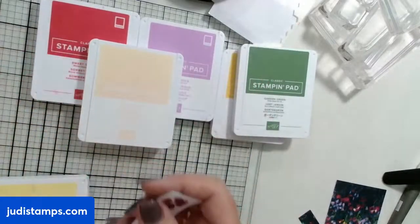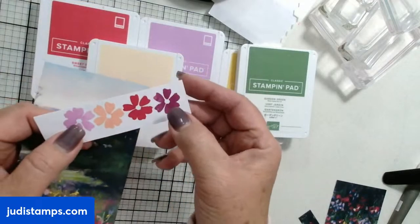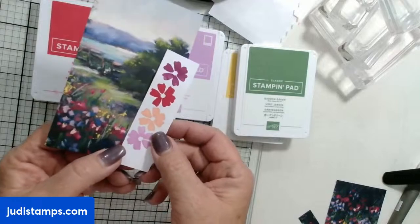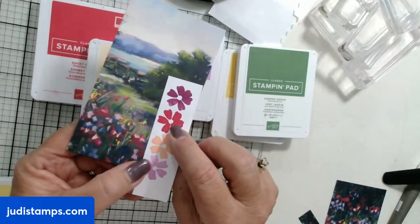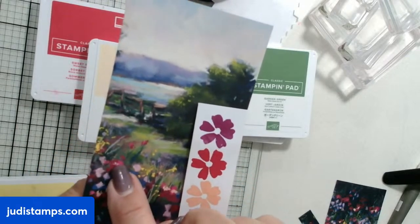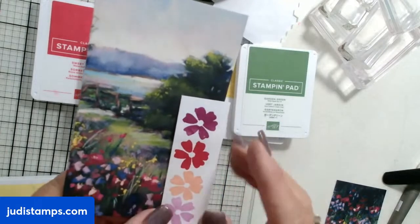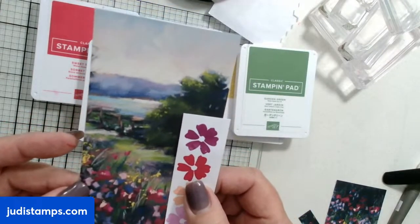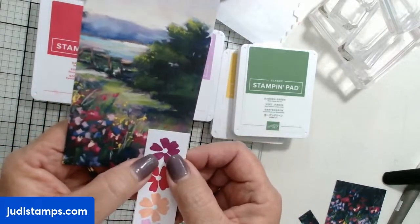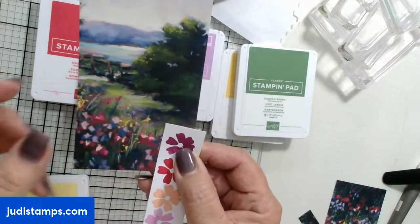Now, how did I come about with these colors? What I did is I took one of my stamps and I stamped those colors on a piece. And I even did Berry Burst, and Berry Burst would coordinate with this too. But do you see how the Sweet Sorbet, it almost looks like the lighter color here that's with the Cherry Cobbler. So it kind of is a mix between. I didn't want the deepness of the Cherry Cobbler. And like I said, even the Berry Burst would have gone, because where Cherry Cobbler mixed with this lighter color,